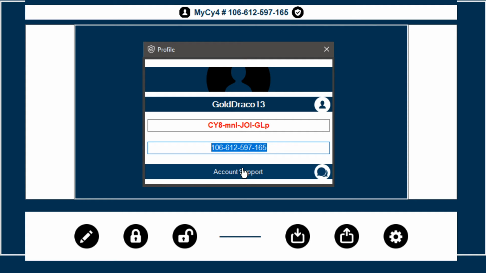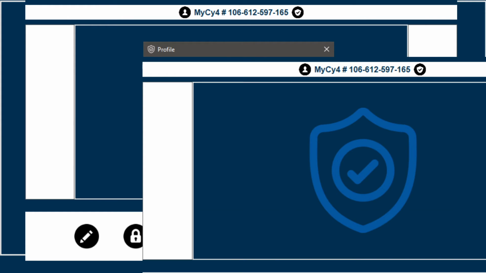So that would be your number from there on in, and then account support would send you to our website if there's any issues with your account. You can get a hold of us through there. There's a special ticket section for you, customers, premium users there. Besides that, that's all you're going to need for there. So I'll just close this off, and